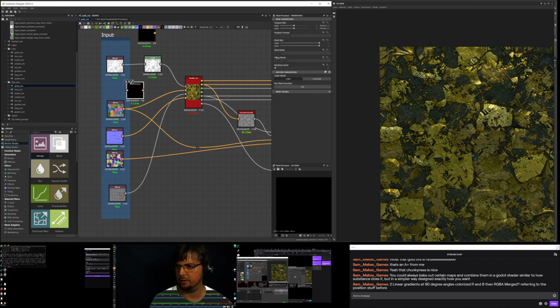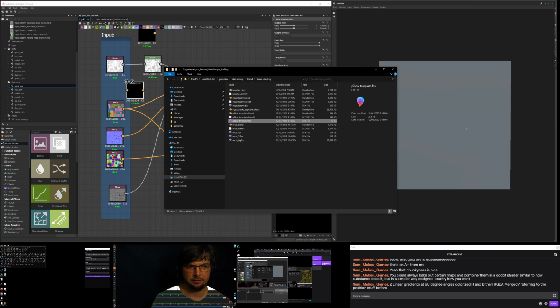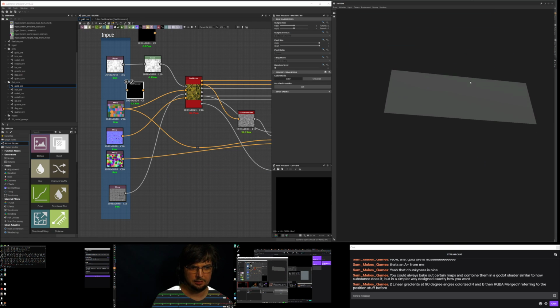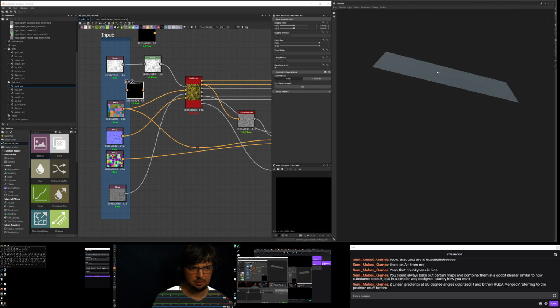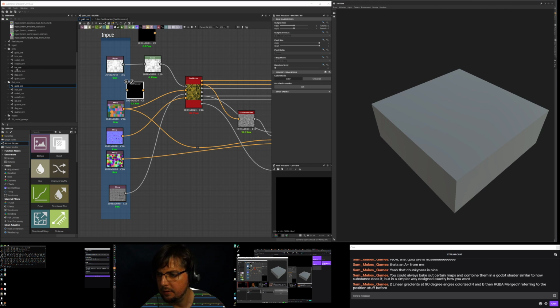So we don't need that for a second. We go back across to here, and we've got a pillow template FBX file. So there it goes across to here. That's my pillow template. Because it has no plane underneath, and we've got backface culling turned on, when you look underneath, it's just like my asteroid I showed you before. Now the next step